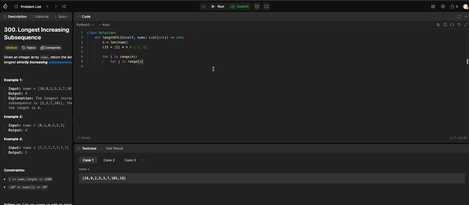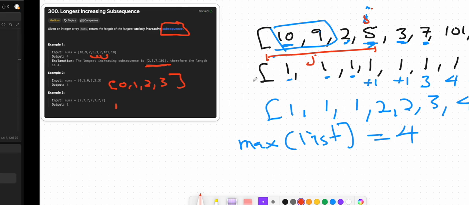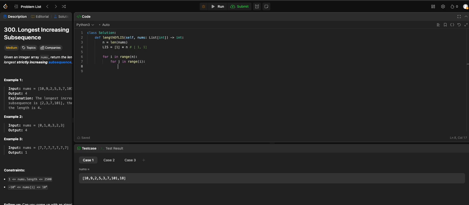i. So the first loop is i, and the second loop j starts from 0 up to i. So j is between the range of this and that. If nums[j] is less than nums[i],